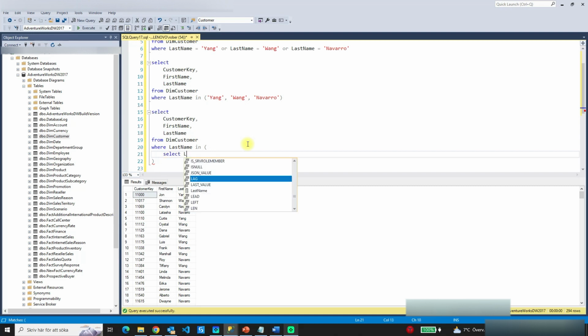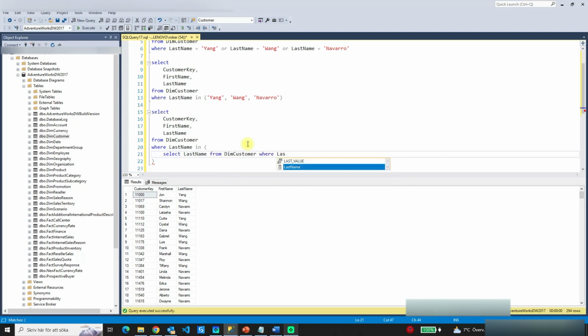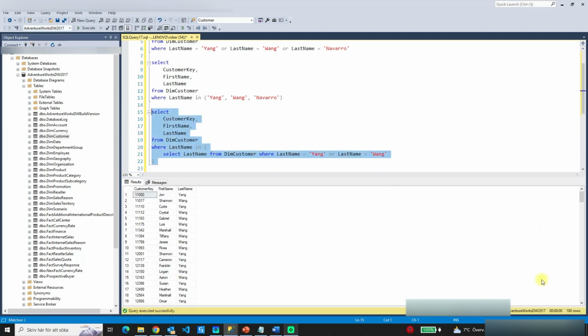So we could write SELECT last name FROM dim customer WHERE last name is equal to Young OR last name is equal to Wang, like this. If we run this query, you'll see we will also get 188 rows. We will get the exact same result, but the difference here is that